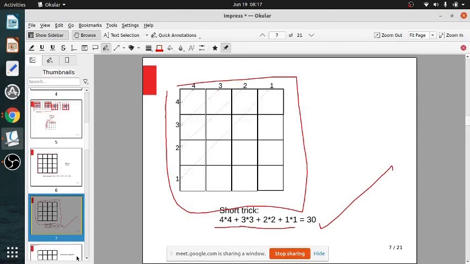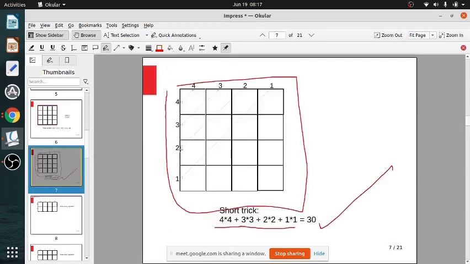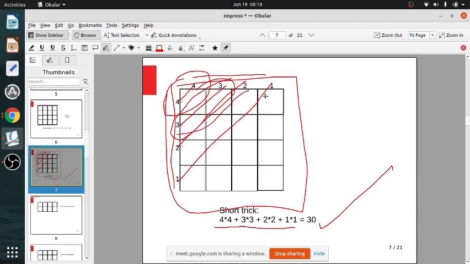So, the shortcut method will be like this. We can multiply like this: 4 into 4, we are labeling 4, 3, 2, 1 and 4, 3, 2, 1. We are multiplying 4 into 4, 3 into 3, 2 into 2, 1 into 1, and we are adding. So you don't have to do all this. That one I showed you how to reason, but you will be multiplying 4 into 4, then 3 into 3, similarly 2 into 2 and 1 into 1. That's the reason why I wrote 4, 3, 2, 1, 4, 3, 2, 1.